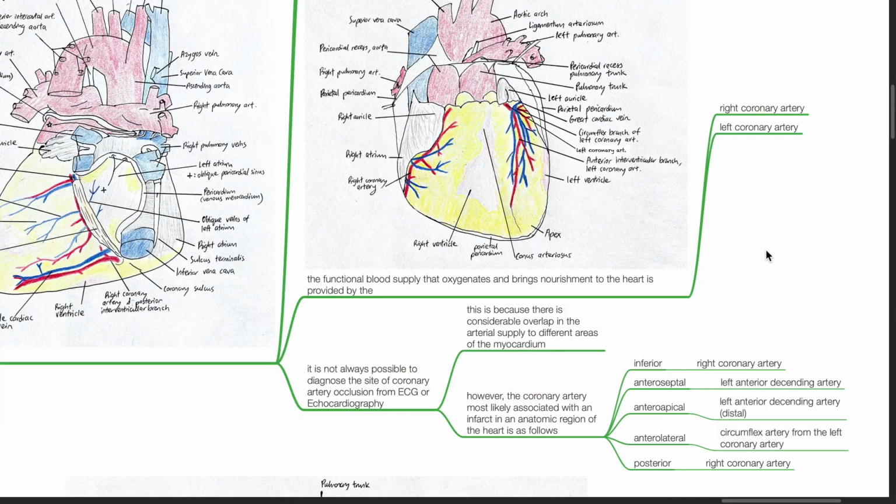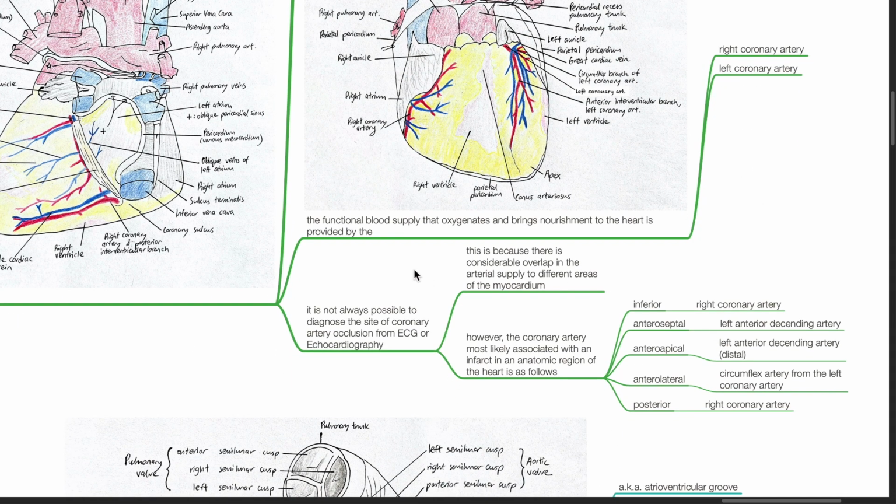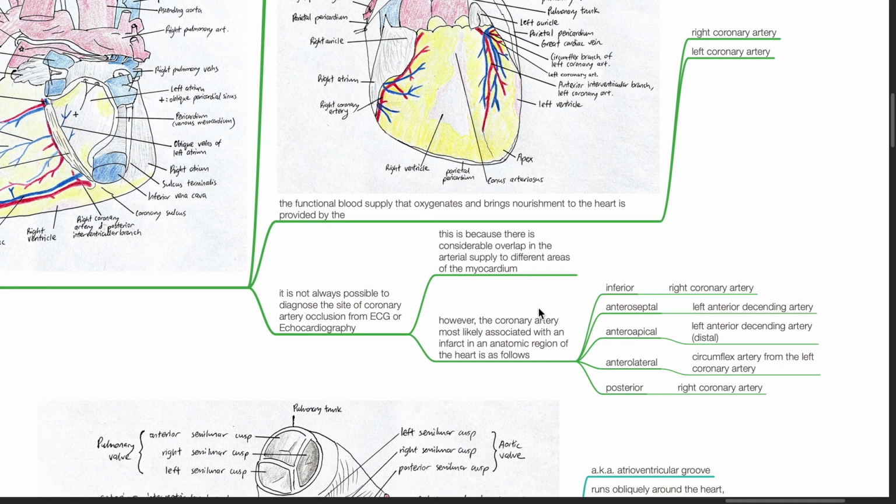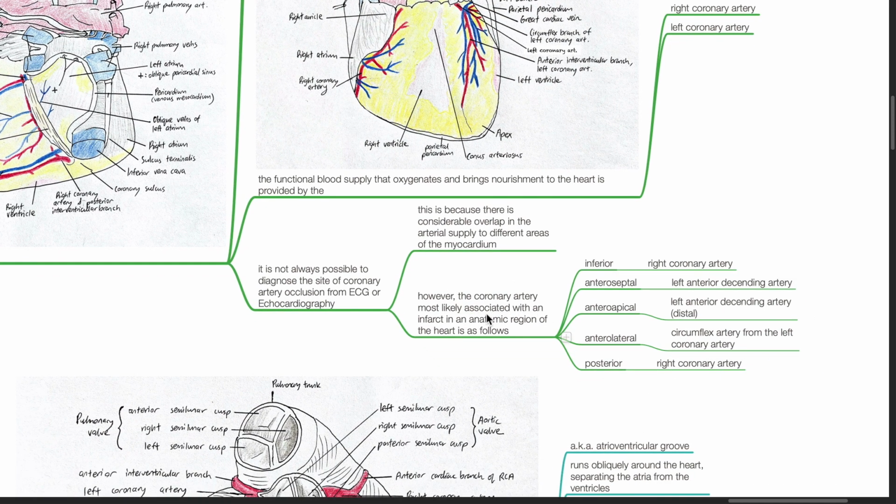coronary artery. It is not always possible to diagnose the site of coronary artery occlusion from ECG or echocardiography. This is because there is a considerable overlap in arterial supply to different areas of the myocardium. However, the coronary artery most likely associated with an infarct in an anatomic region of the heart is as follows: